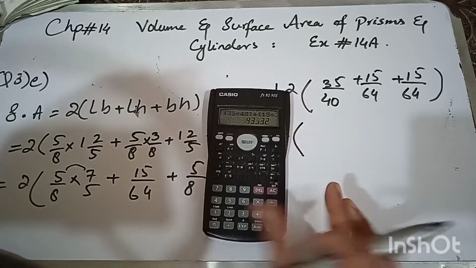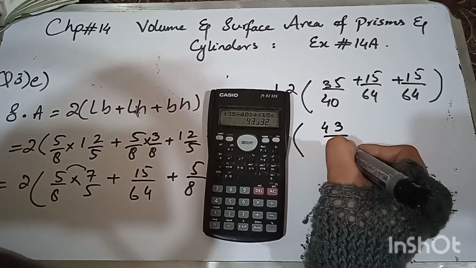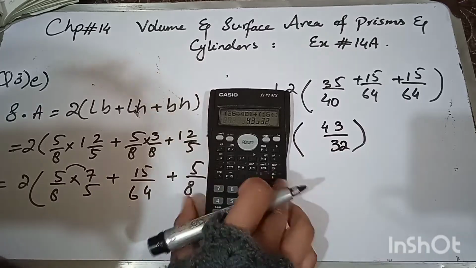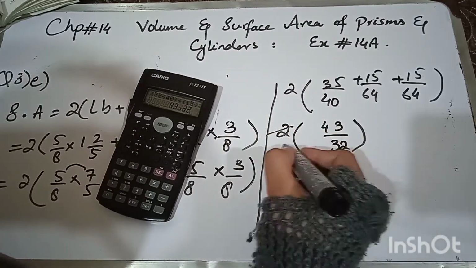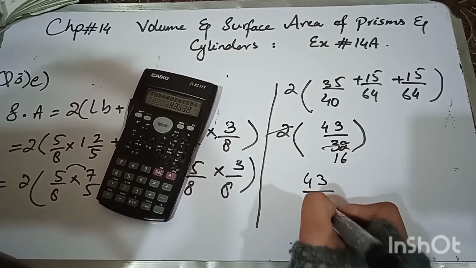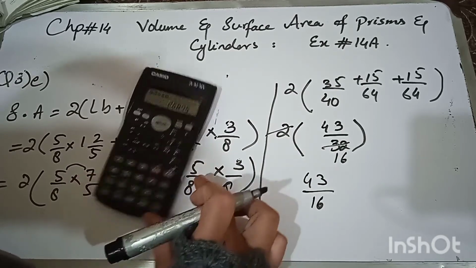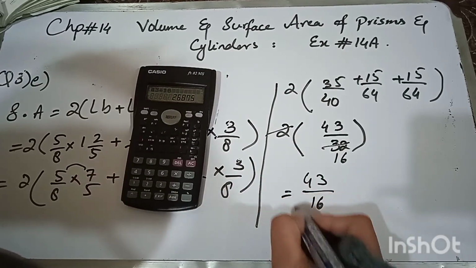ठीक है, मैंने ड्रैग कर लिया, मेरे पास आंसर आया है. सिंप्लीफाई करके 34 divided by 43 divided by 32. अब इस 2 की इसकी कटिंग कर लें. 2 1 2, 2 1 2, 2 6 12. So 43 divided by 16. 43 divided by 16 हमारे पास पॉइंट्स में आंसर आया, दैट इज